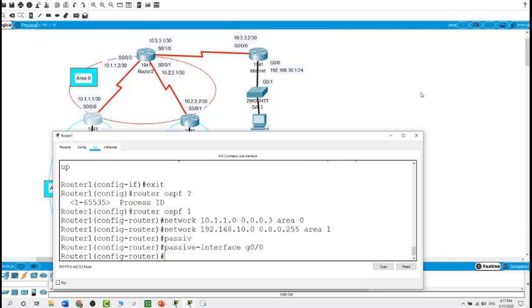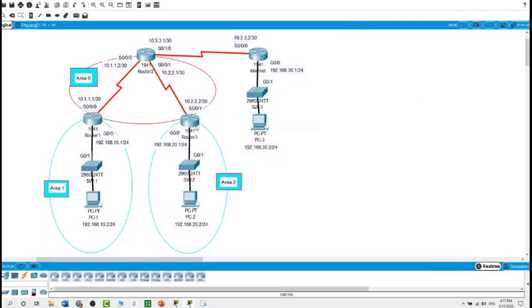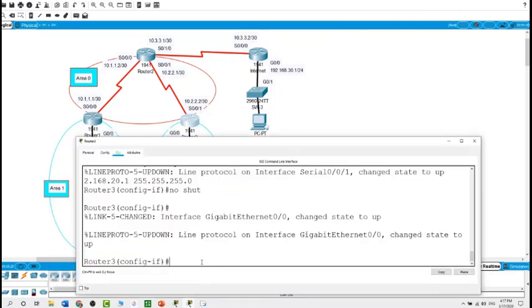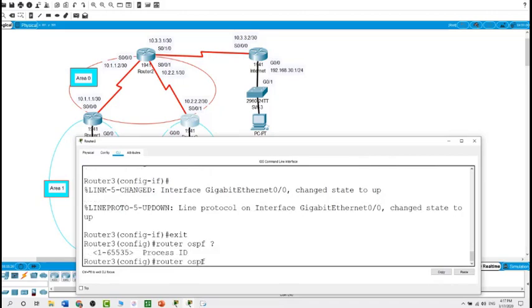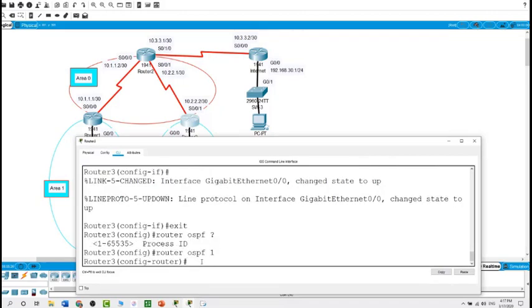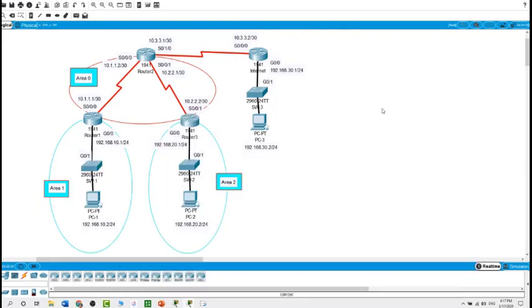Now I'm done with router 1, so I'll start working on router 3. From the global configuration mode, I exit from here, type the command router ospf, and also this is with the process ID of 1. Now, as you can see here for router 3, we have two networks connected to the router. This network here and this network between router 1. So on router 3,